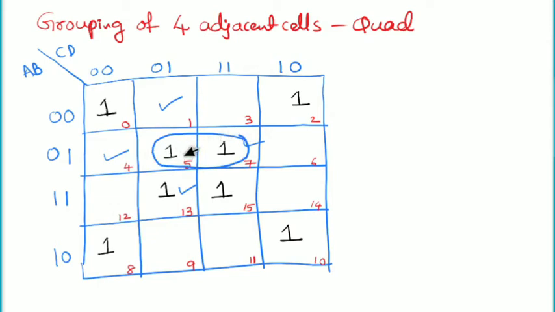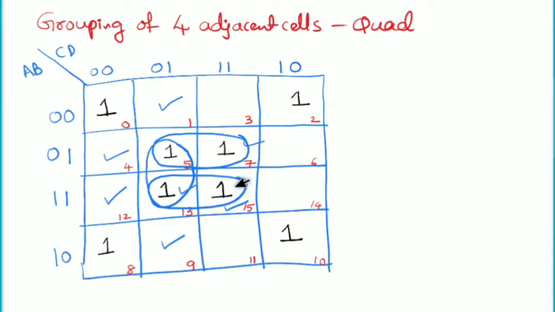In the same way, cell numbers 5 and 13 are adjacent to each other, and these two will make a pair. For cell number 13, cell number 12, cell number 9, cell number 15 and, of course, cell number 5 are adjacent. Out of these, 5 is already combined with cell number 13. The remaining cell is 15. Here make a note: you need to group the cells which are having value 1, and those cells must be adjacent to each other. These two rules you need to follow.